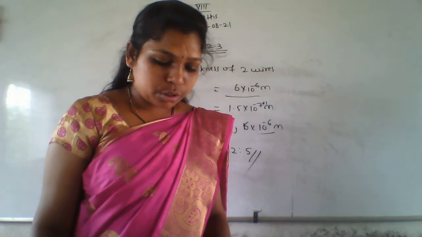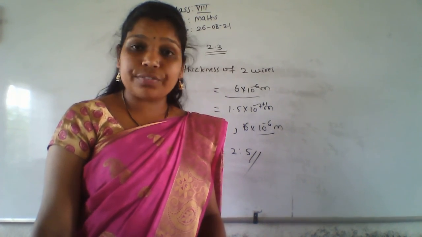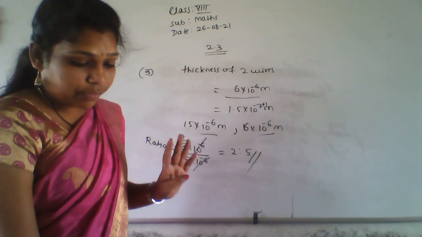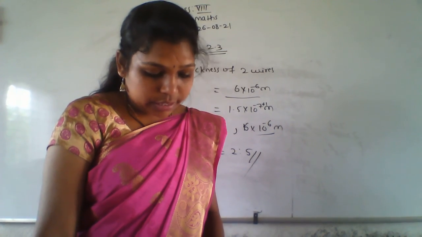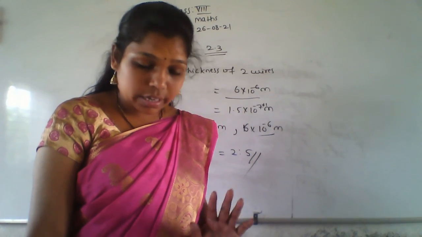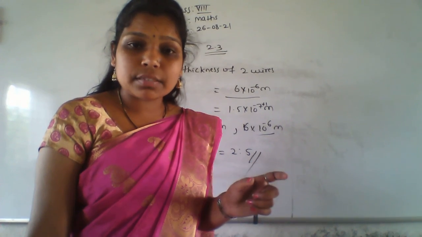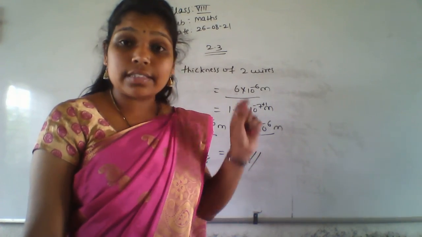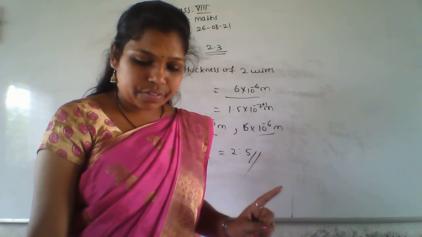Next, the fourth one is also the same thing. The masses of two celestial bodies are given here. Again, find the ratio of their masses. Similarly to the third one, do the fourth problem also. Next, the fifth one is an addition. What is the total mass they ask for here? Again we have to add those two values. Total mass means we have to add the values. Fifth one is the addition, fourth one is the division. Do it yourself.